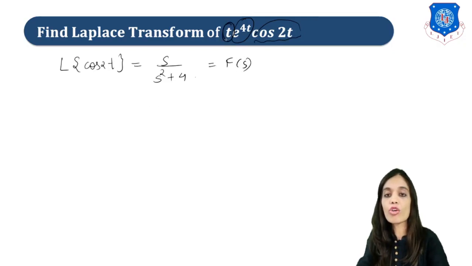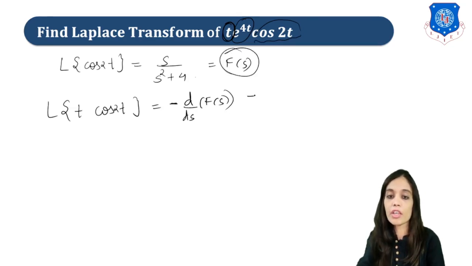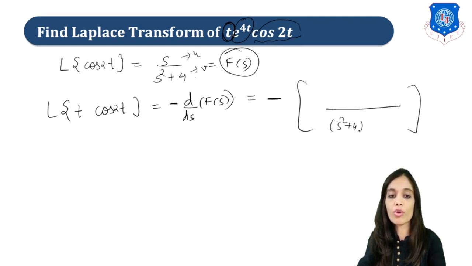Now let us apply this t over it. So Laplace of t cos 2t, right? Let us find that first. So it will be equal to what? Minus d by ds of f of s. That is, we have to do the derivative of this one time. Firstly, keep this minus as it is and do the derivative of f of s. So here again we have to apply the u by v rule. So s square plus 4 whole square will come. Again this s square plus 4 will remain constant. Derivative of s is 1. Now keep this as constant, derivative of this will be 2s.